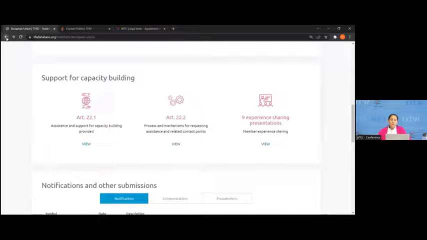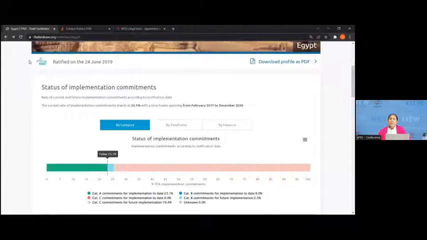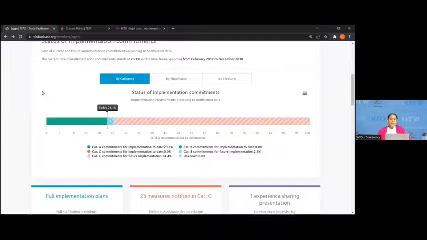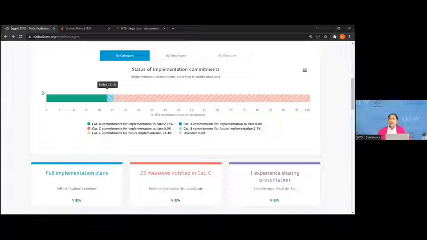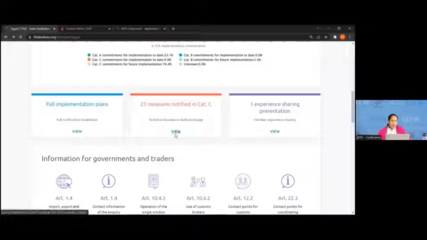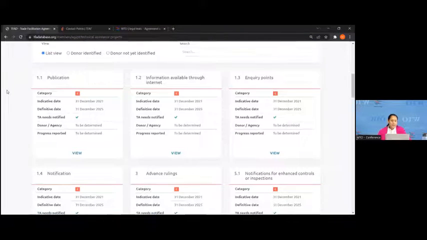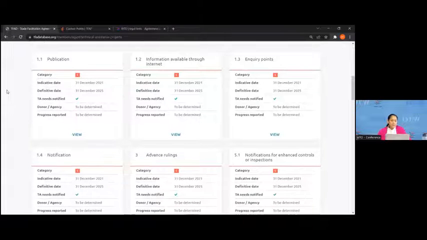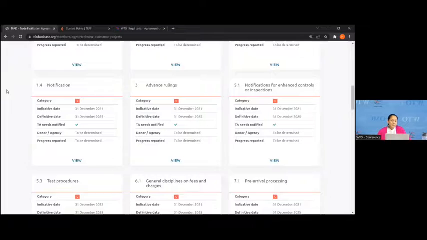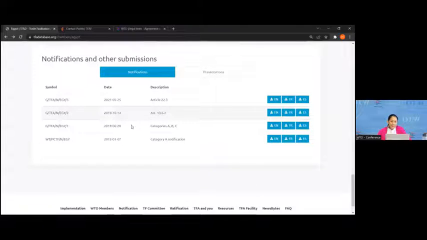So what kind of information would you provide? Would you be interested in arranging? So let's go back to the example of Egypt, right? Perhaps in this case, what we are interested in is arranging this technical assistance because we don't have it in place right now. So one way to go about it, I'm going to show you, would be to go to these measures notified in category C. For me, the most useful one, to be honest, would be the category C notification. So if I were to go to Egypt's notification for category C and I download it and open it,